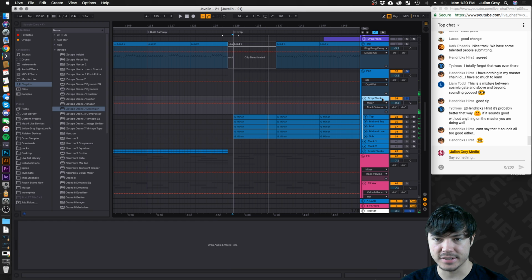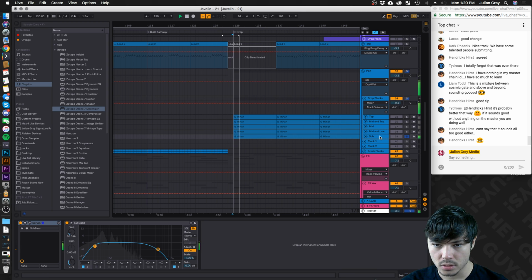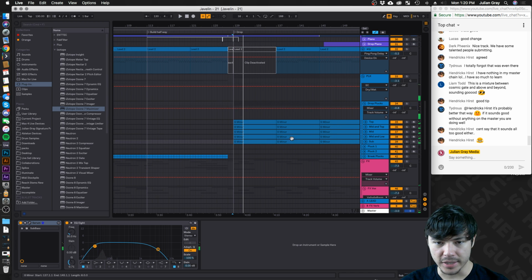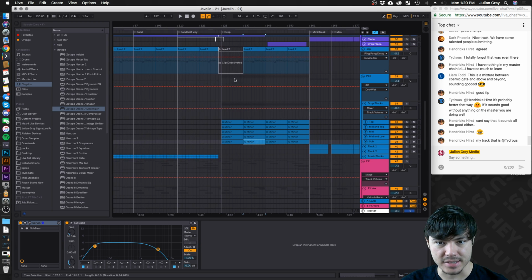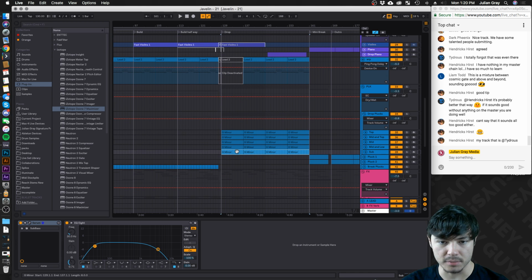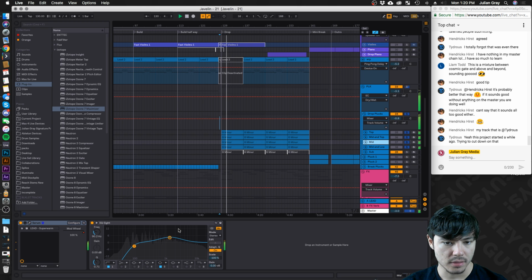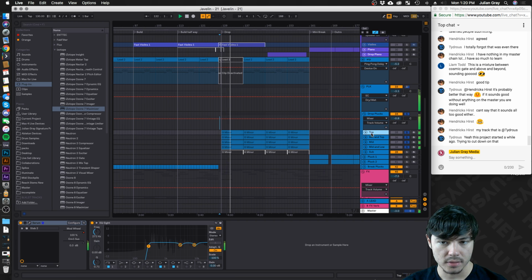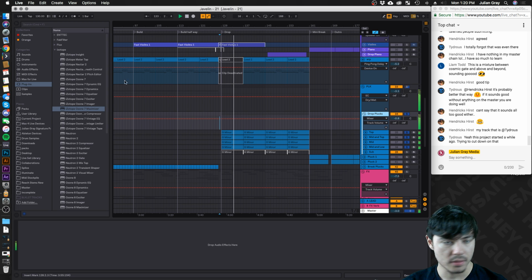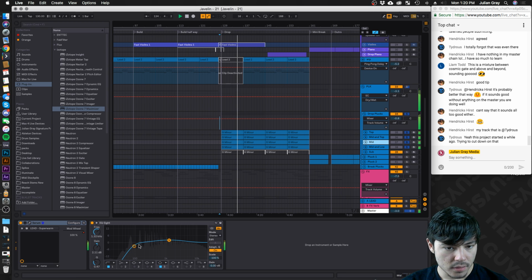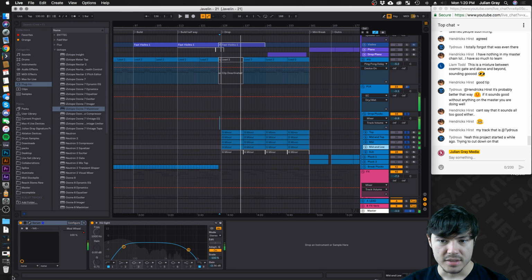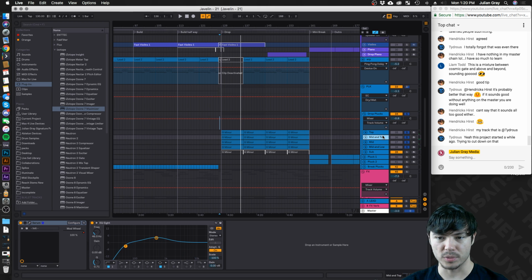As far as these plucks go, I don't know that you need this sub layer here because I just added the sub back to the top. I'm gonna go ahead and just mute this out for a minute, and we'll work on these layers here to get it sounding good. Instead of scooping out so much of the mid, maybe we'll leave some of the low end, and then we'll use that to our advantage.